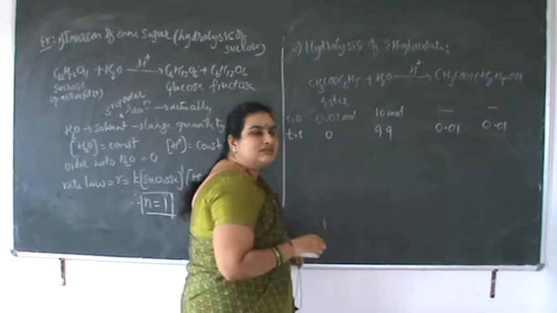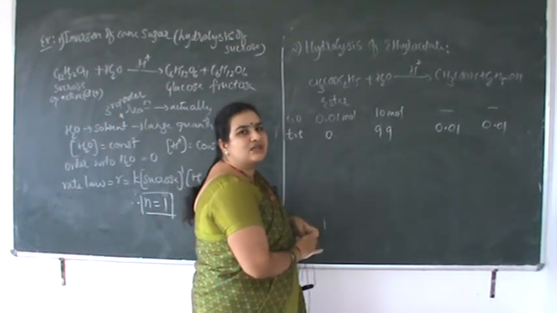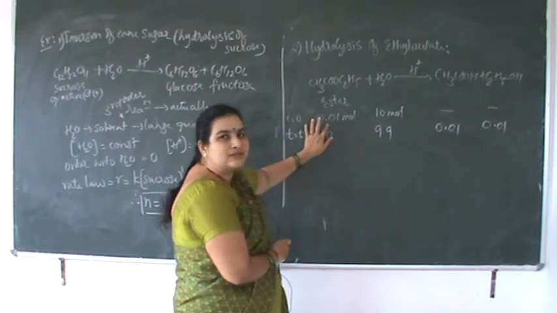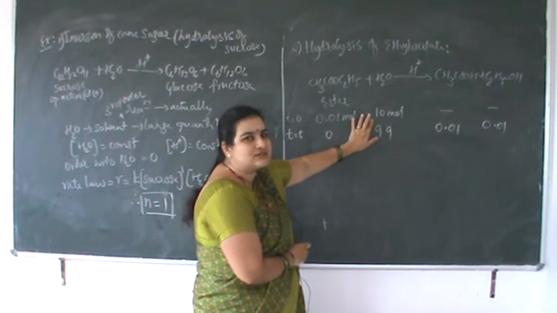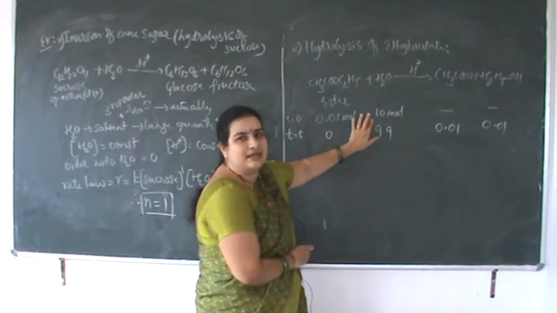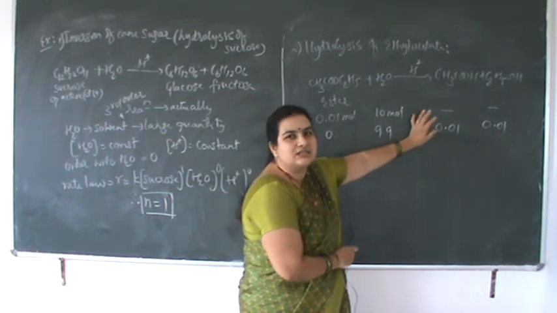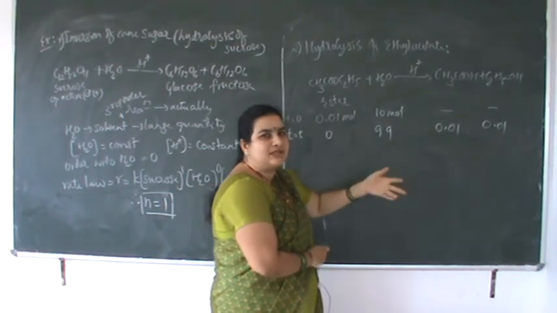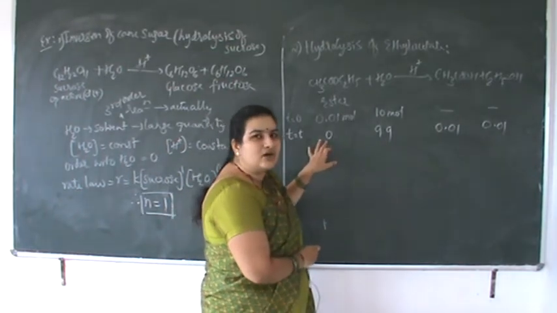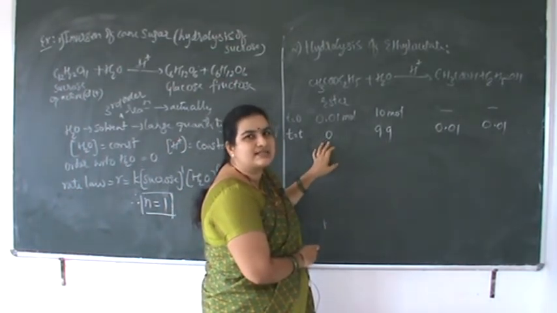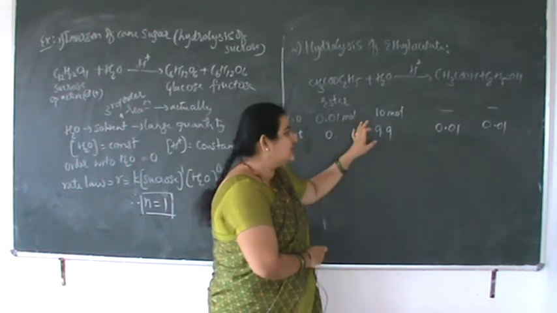Simple calculation: initially 0.01 moles of the reactant is present and 10 moles of water, and product formation is 0. After time t, the reactant concentration reduces as reactants are consumed to form the products. And water concentration